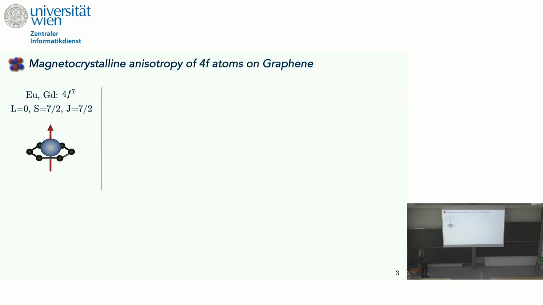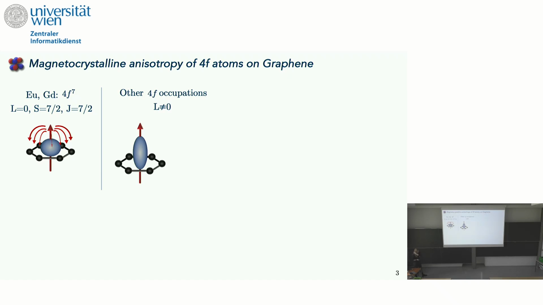So if we start with half-filled 4f shells, like europium and gadolinium, where we have 7 4f electrons, we have a vanishing angular momentum, which is reflected in a spherical 4f charge cloud, which means that if you rotate this in space, it will more or less always interact in the same manner with the surrounding crystal field. So we do not expect large changes in the energy, which means that we do not expect large contributions to the magnetic anisotropy. On the other hand, if we go towards open 4f shells,